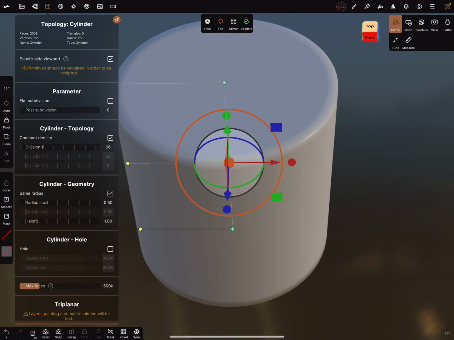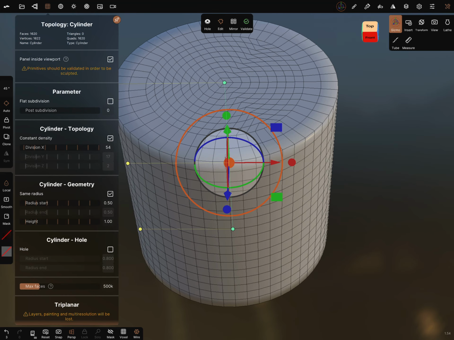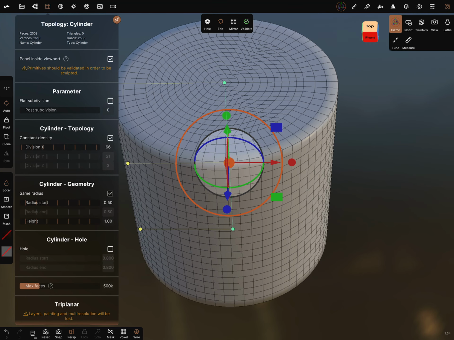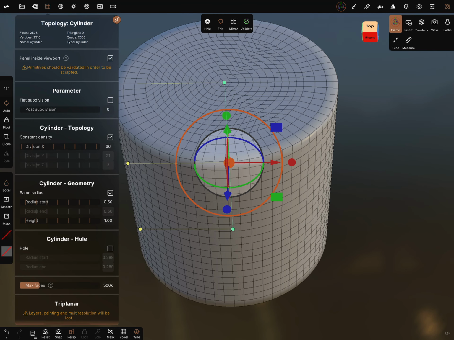Cylinder, and I turn the wireframe on, and division okay is okay. The hole, we check the hole on, and this you can check the hole also off.